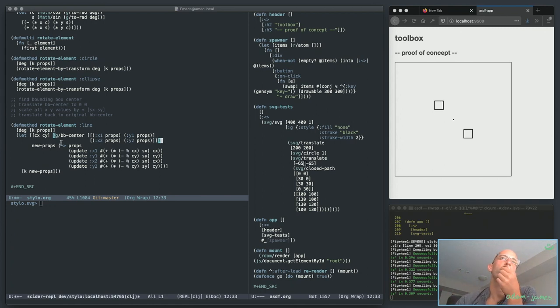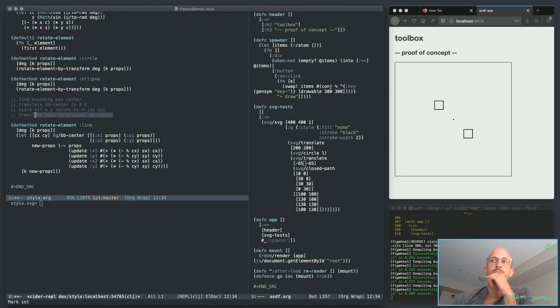And then we produce a new props value by, currently here with scale, we did this whole thing. Find the bounding box center, translate BB center to 0, 0, right? Scale all values by that, and then translate it back to that. So instead of doing all of that,